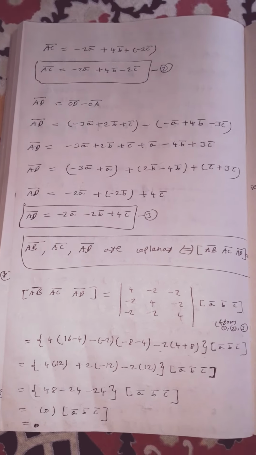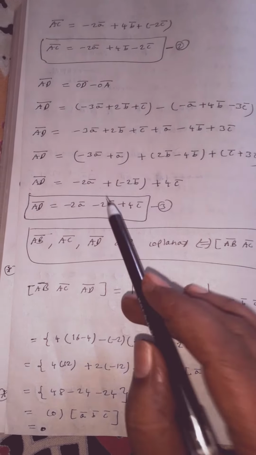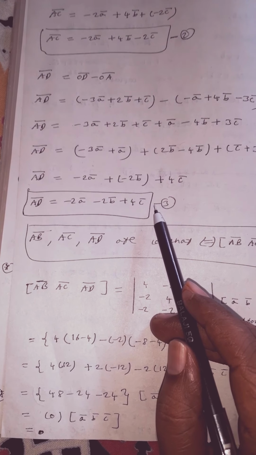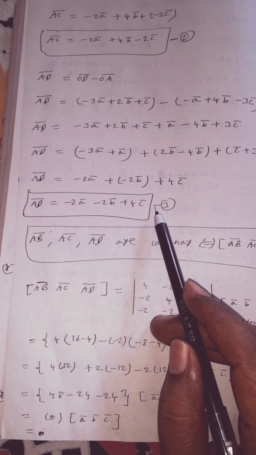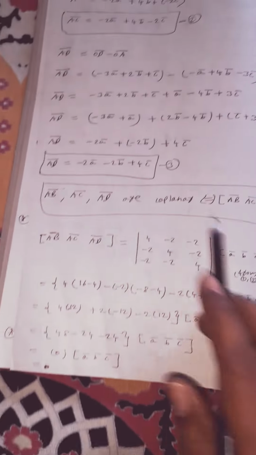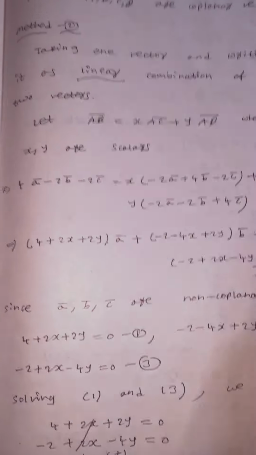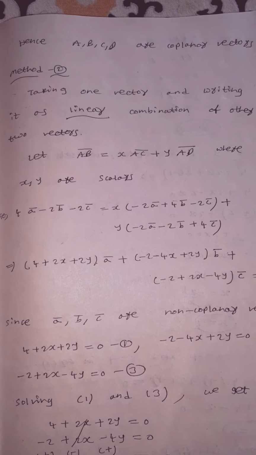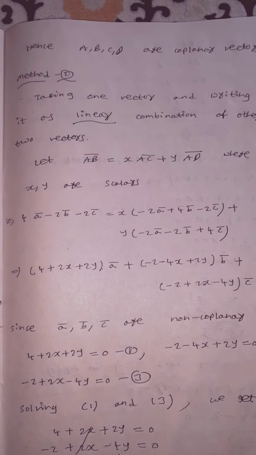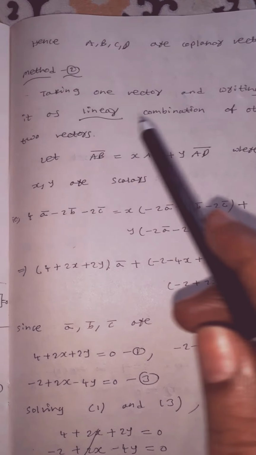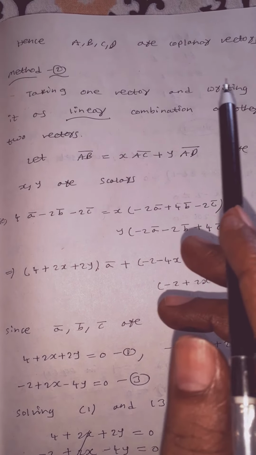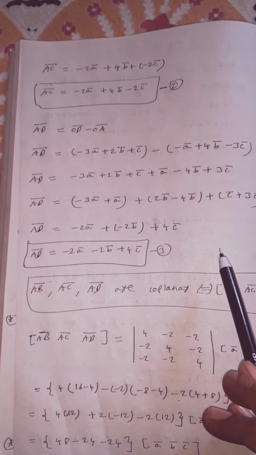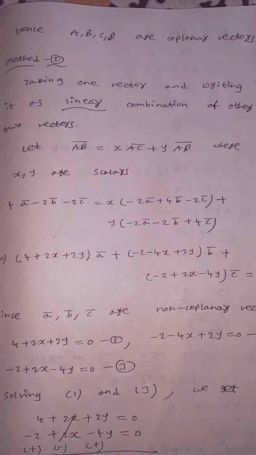This is method 1. For method 2 also, up to here you should calculate compulsorily. After that, without finding this determinant, you can go for this process also. I will explain that also for you, and you can practice that one, children. So method 2: up to equation number 3 you should find as it is, children. After that, continuation of equation 3.